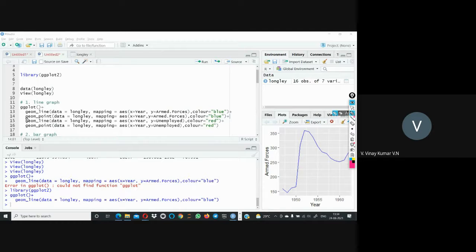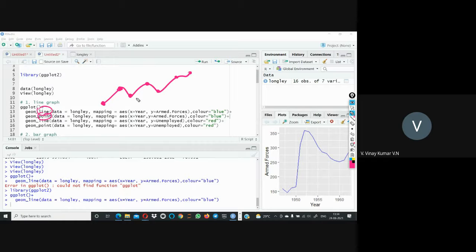Again I mention geom_point, the geometrical representation in terms of point, with data equals Longley, and mapping x equals year and y equals Armed.Forces, and color should be blue. In the previous one I mentioned that I need a line; in this one I'm mentioning point. So along with the line, I want these points also. Your line should be blue and our points should also be blue.